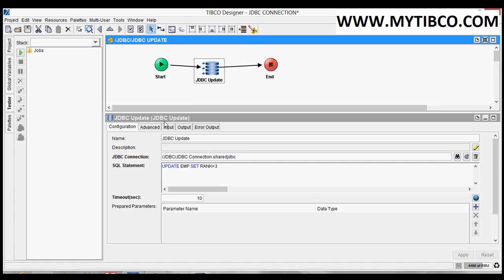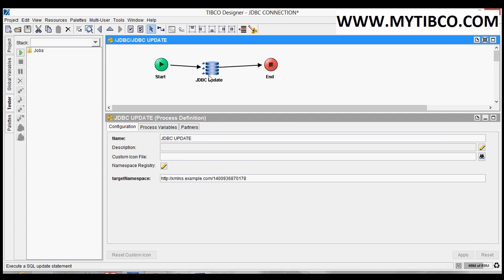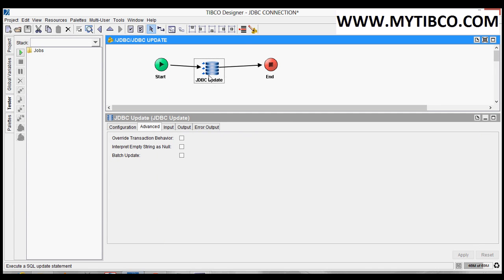Let's go to the advanced tab. Here we have override transaction behavior, interpret empty string as null, and batch update. Override transaction behavior is, for example, if we keep this JDBC update in a transaction group. What is a transaction group? A transaction group is a collection of activities which are processed on a single JDBC connection, so that they can be committed or rolled back.